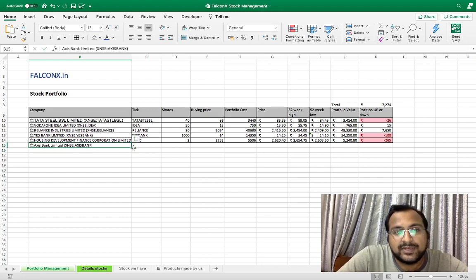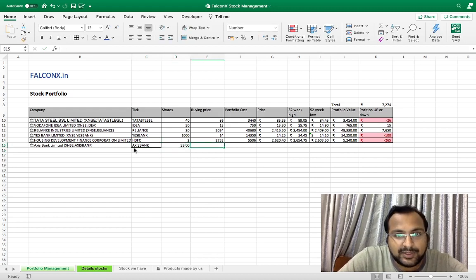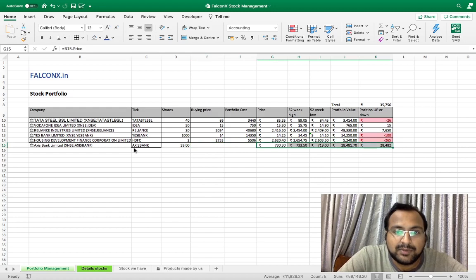As you can see, Excel has automatically captured this. Now you just have to copy paste all the above fields. Here you put the number of shares which you are having. Here the price will come, and apart from this everything will be auto generated. You just have to copy paste the above sheet.